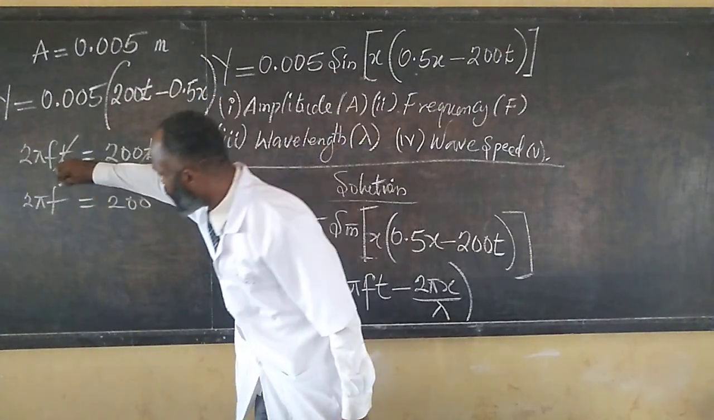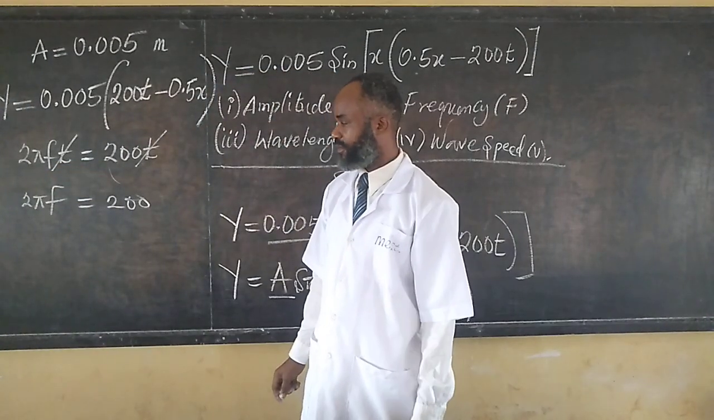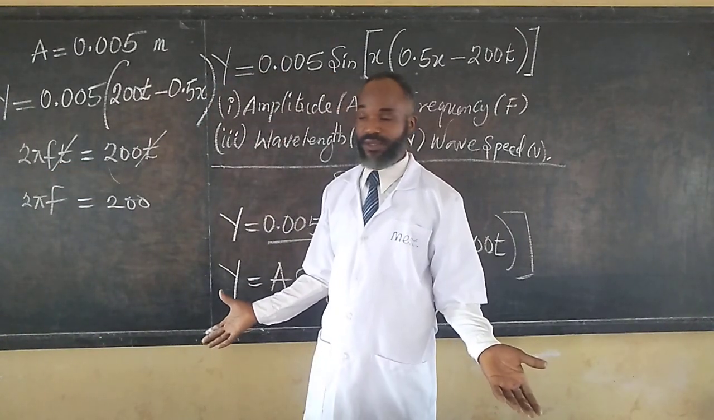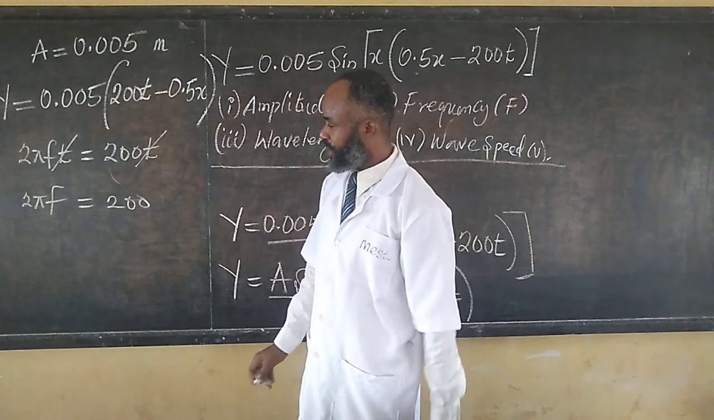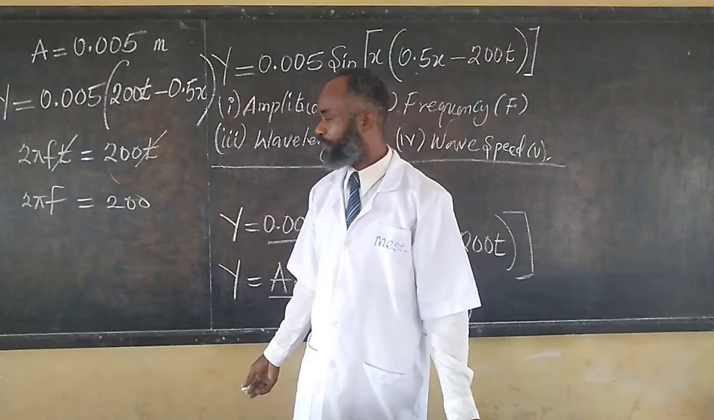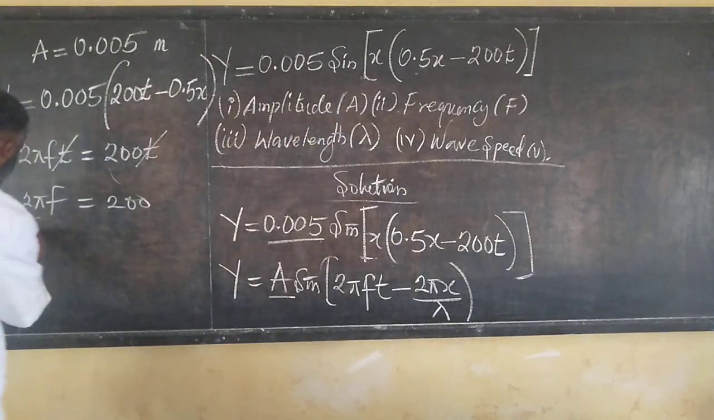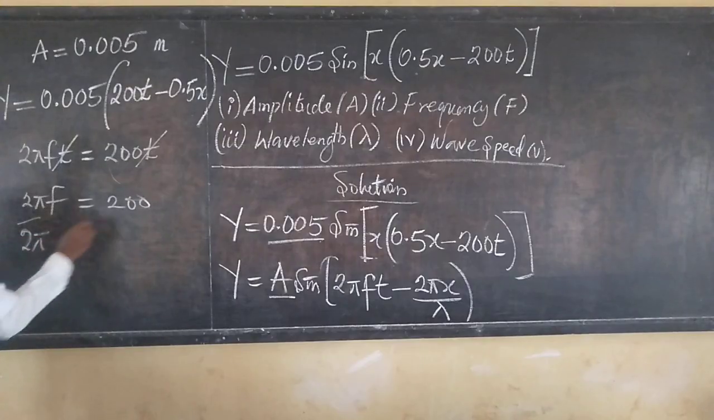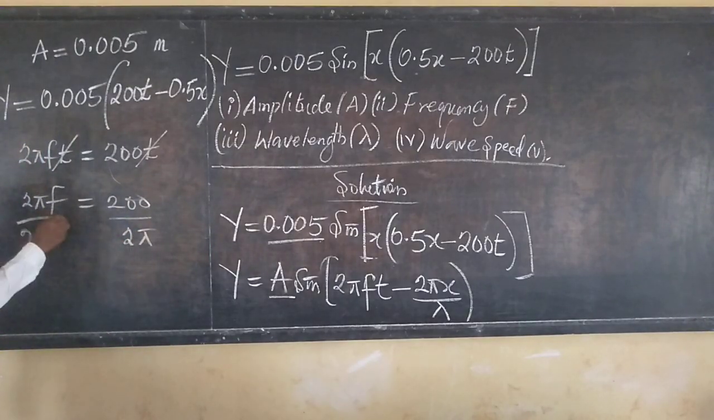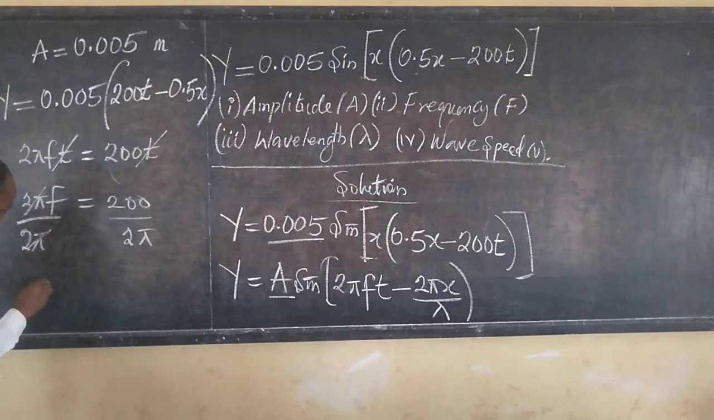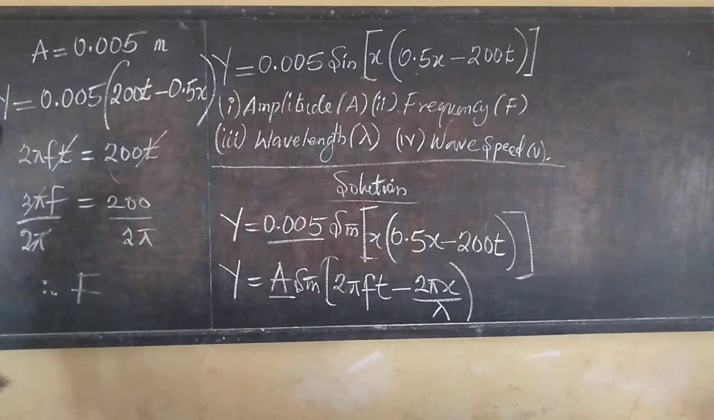We want to transpose in order to make f the subject. So how do we transpose now? By simply dividing both sides by 2 pi. Here we have 2 pi, this becomes 2 pi, and this side is 2 pi. So this 2 pi, we take care of this. Therefore, f, the frequency,